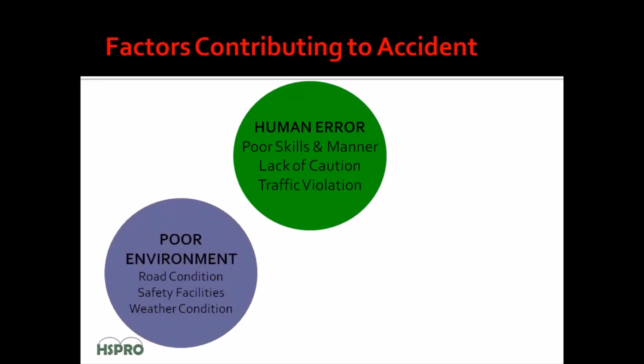Another factor is the poor environment, in terms of road conditions, safety facilities, and weather conditions. So that's why I said earlier, speed on condition. If you have good conditions like weather, road conditions, safety facilities, or facilities, which is what you call engineering controls in the pillars of traffic,